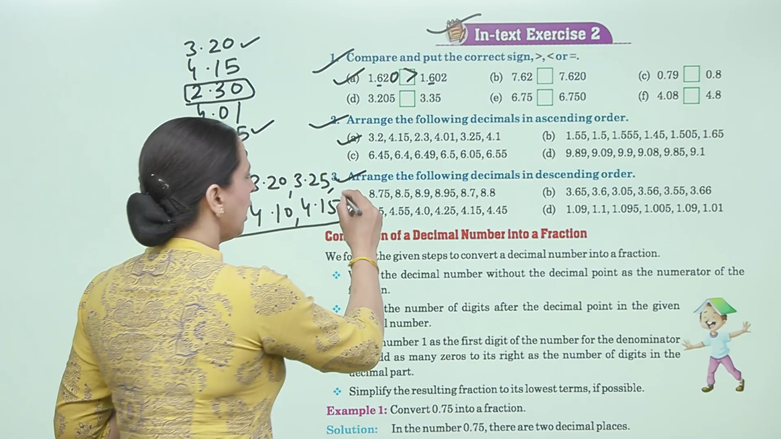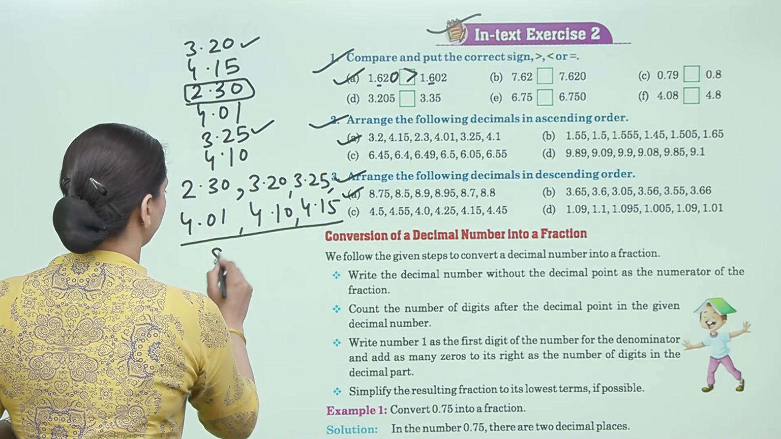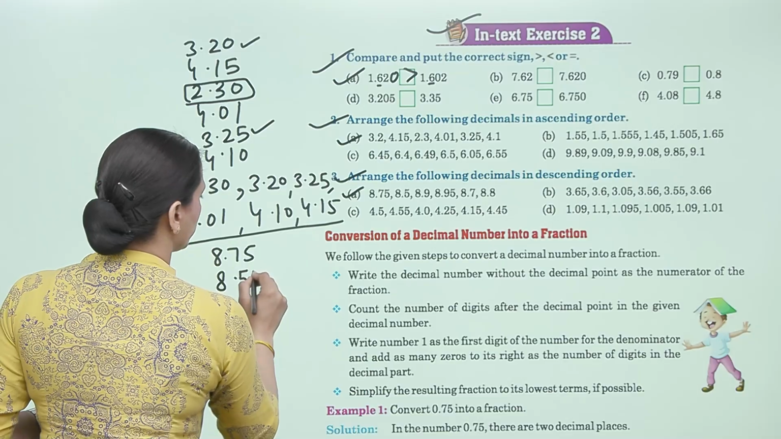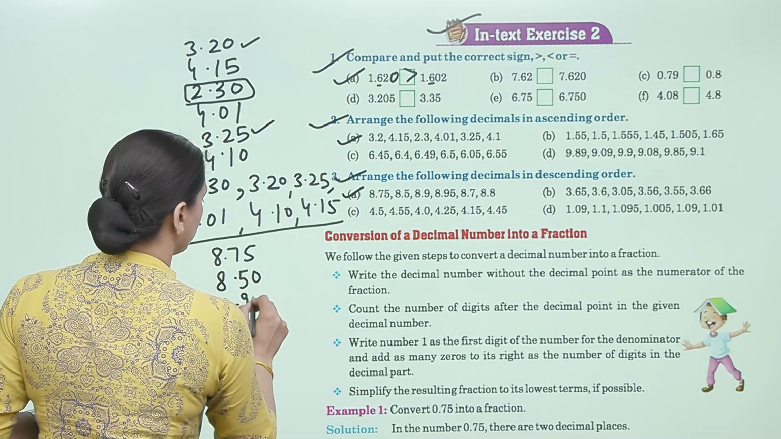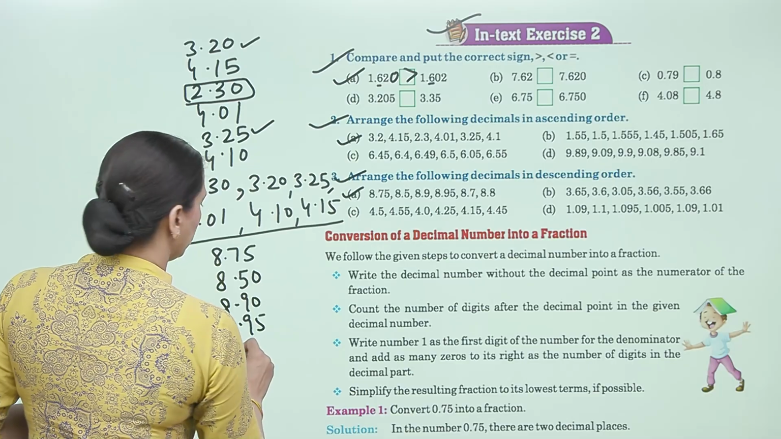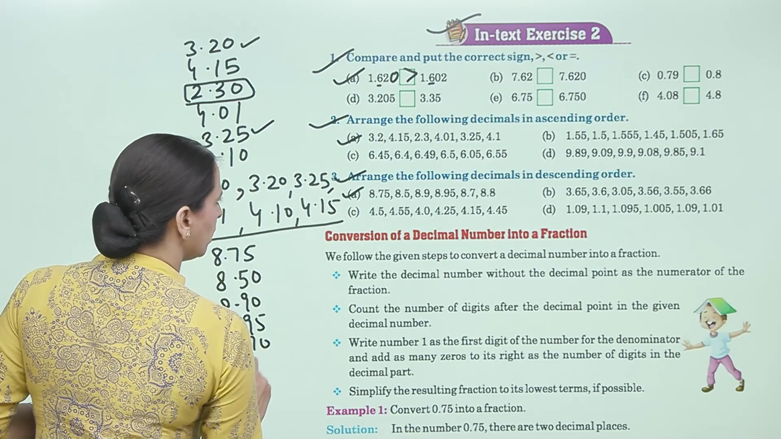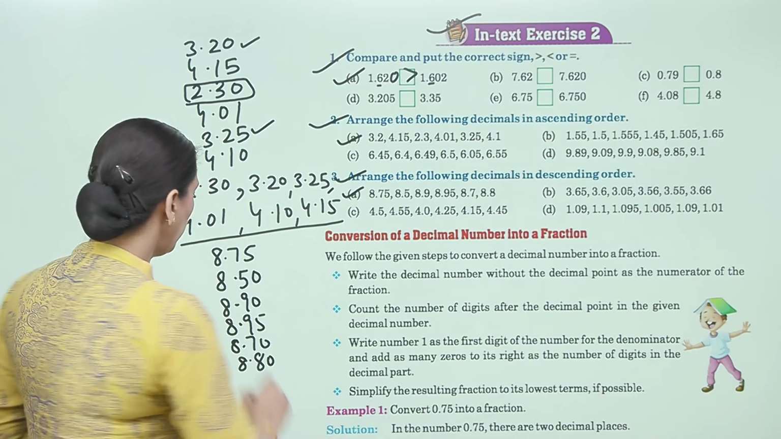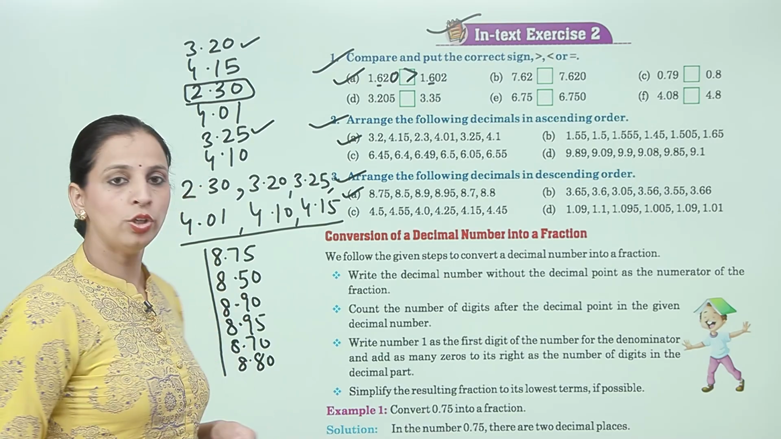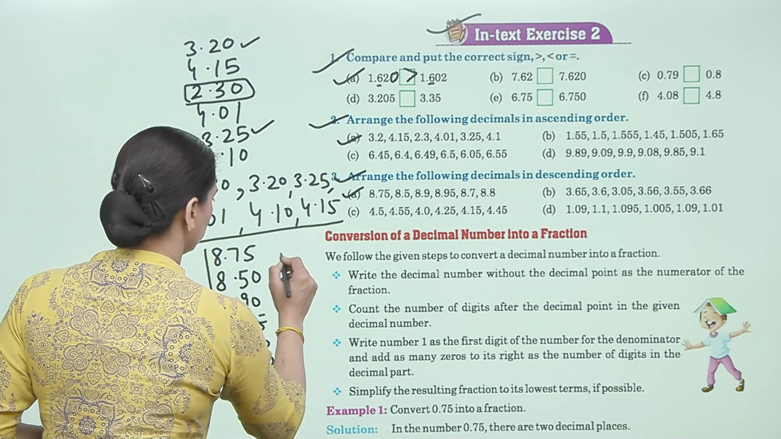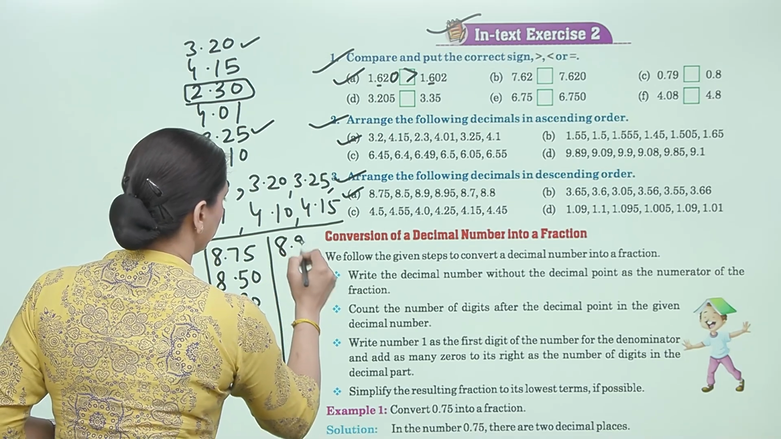Now part A: 8.75, 8.50, 8.90, 8.95, 8.70 and 8.80, and the whole number part is equal. So compare the decimal part. So the largest one is 8.95,